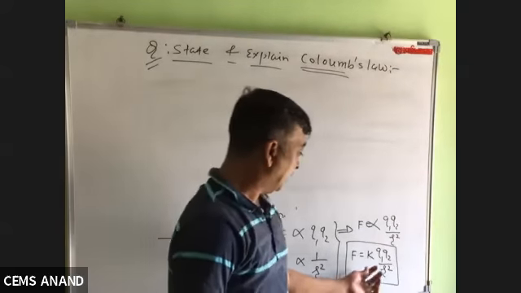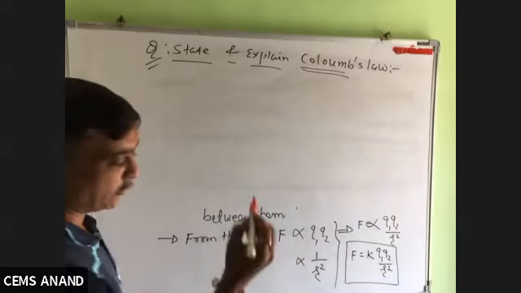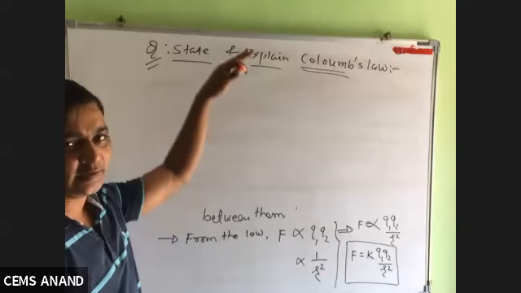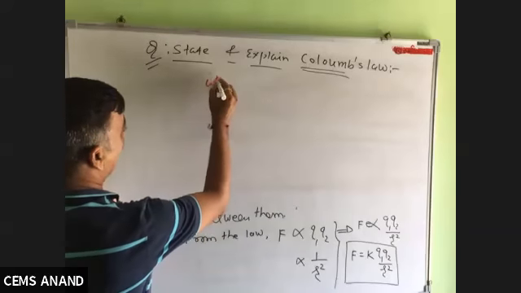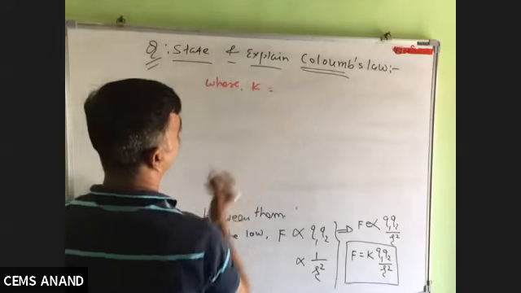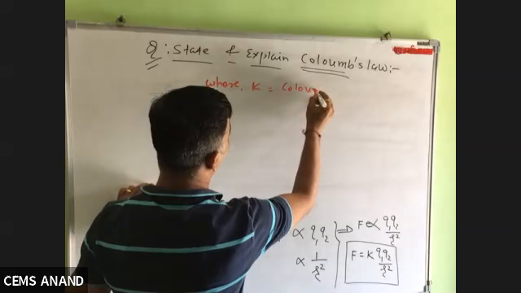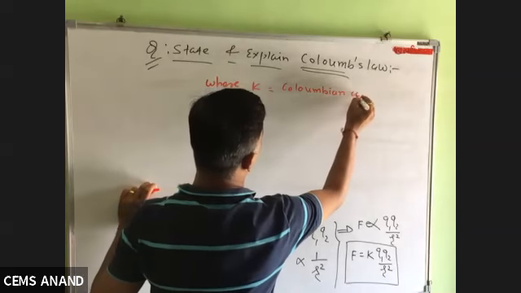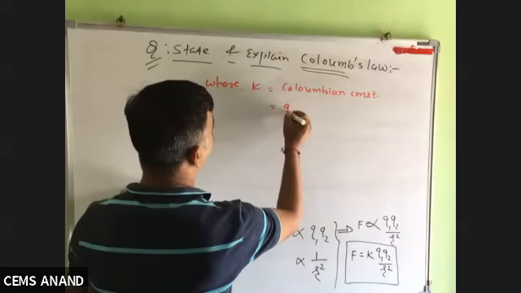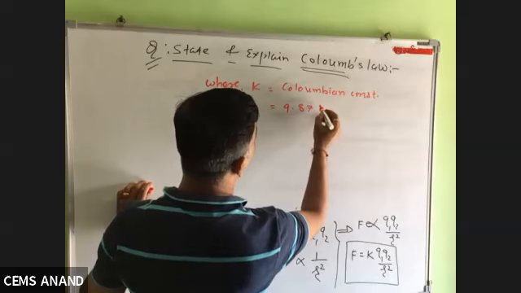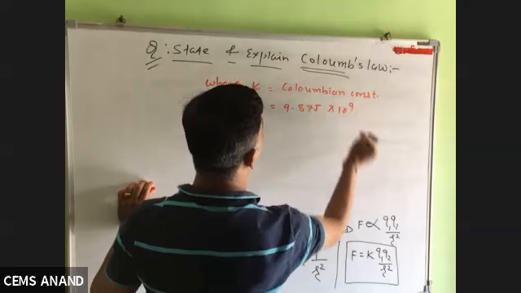So let me discuss something about this constant. I am going to use the red pen for the next session, but you just need to continue it, write it continuously. Okay. Where K is the electrical constant or Coulombian constant, Coulomb's constant, even we can say, and its value is 9 into 10 raised to 9.